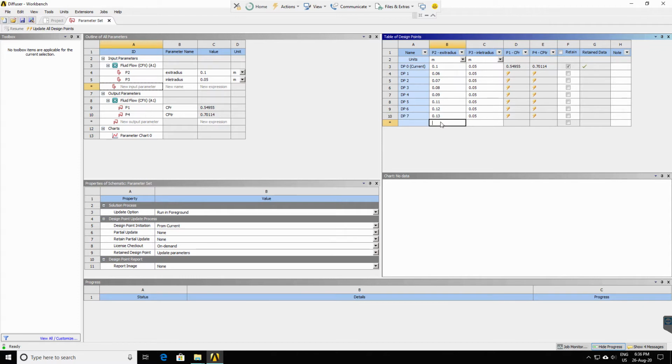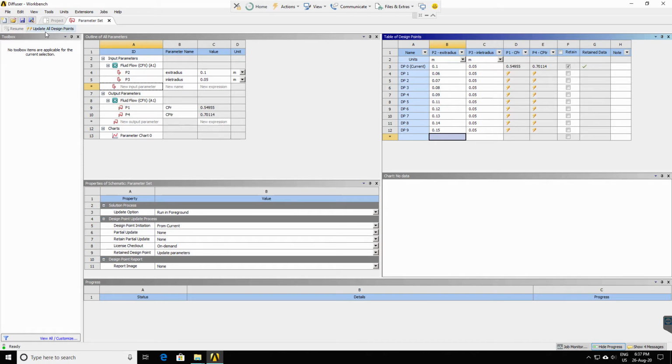So we go for 2 more tabs, and we are not changing the inlet radii. So we just want to see the effect of exit radius change for the same diffuser length. So all the design points have been set. We have 9 design points to be simulated, and these will be updated as the simulations start.